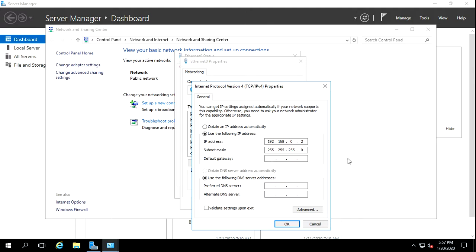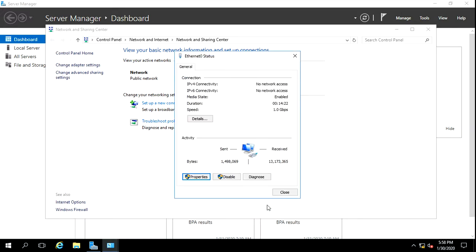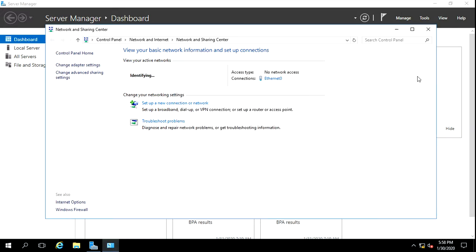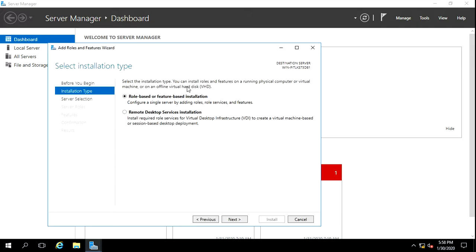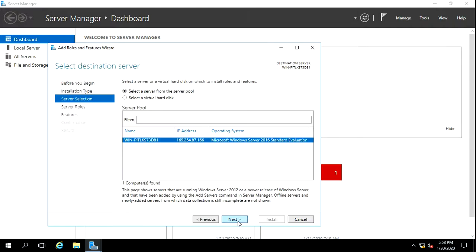Okay, 192.168.0.1 is my default gateway. I configured this on my router. And it will take by default the DNS server, that is loopback 127.0.0.1, and I am not putting that here now. I just put an IP here, and again I am going to add roles and features. Next,